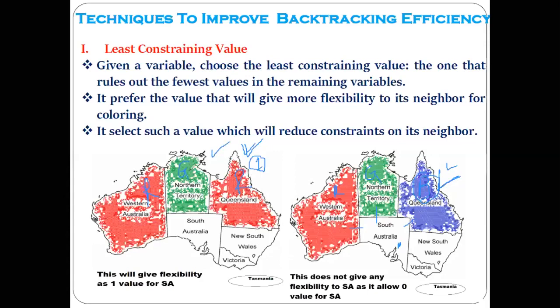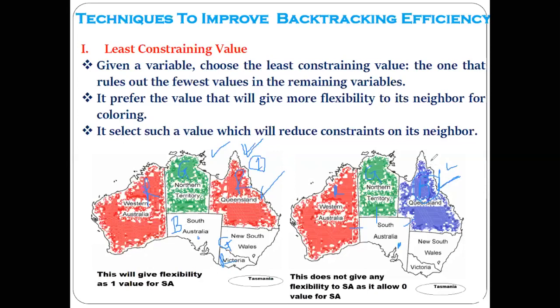But see here, consider this case. In this case, after selecting the green color, we have selected the red color for this region. Now, can you give any color to this region? Yes, blue. Then which color should we give to the other region? Green. Here? Red. Means this problem is getting solved. If you choose this option, we are getting the solution, correct?